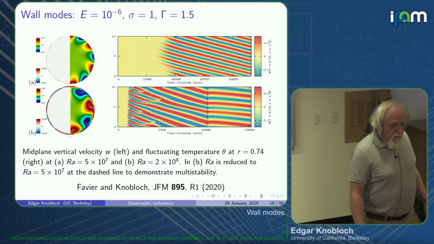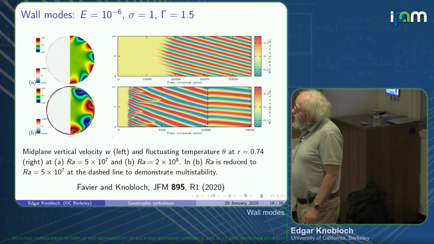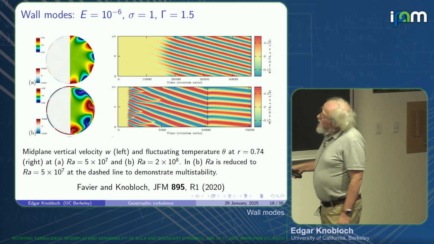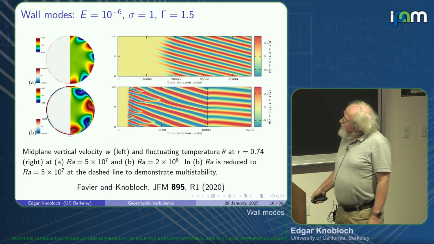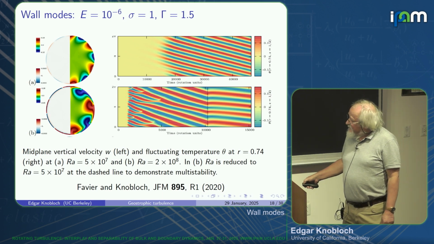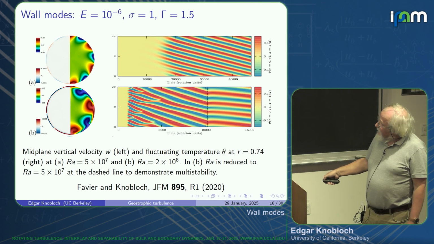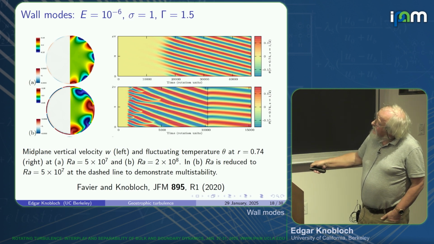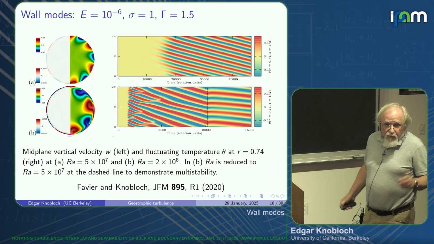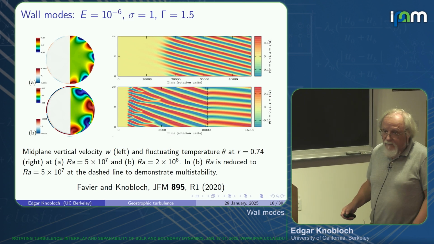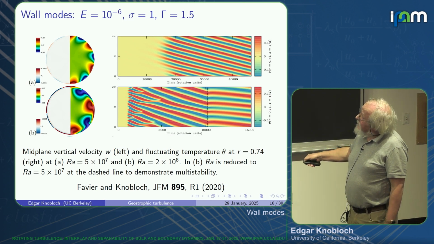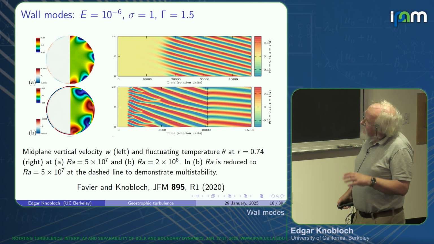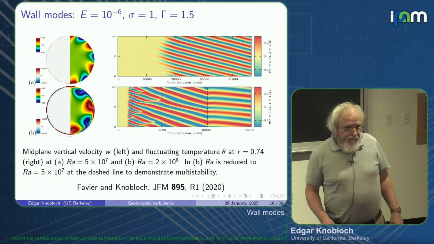What's the evolution of the wall modes in the supercritical regime? So just before COVID set in, I visited Benjamin in Marseille, and we worked on this problem there. What you see here is the cylinder. It's rotating counterclockwise. In the left half of the domain, I'm showing the vertical velocity. You see it's very well confined to the boundary. That's the wall mode. On the right hemisphere here, you see the corresponding thermal fluctuation that's associated